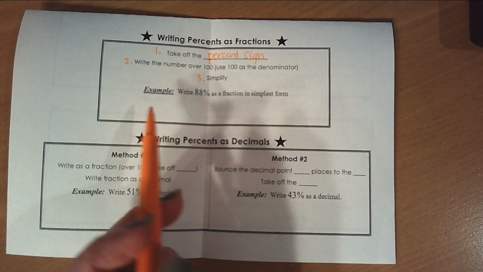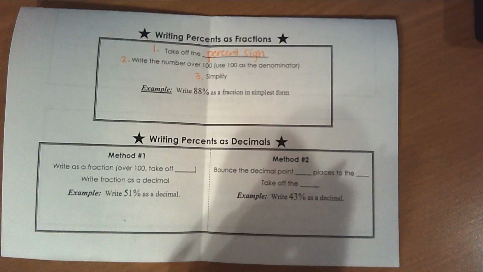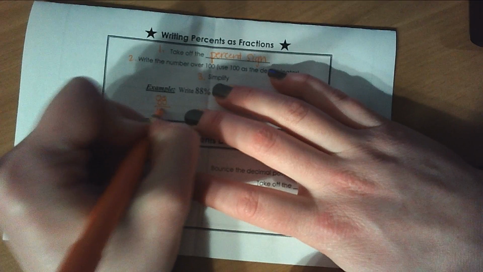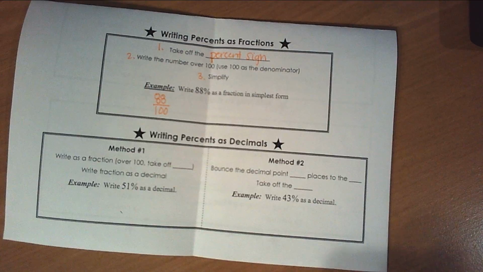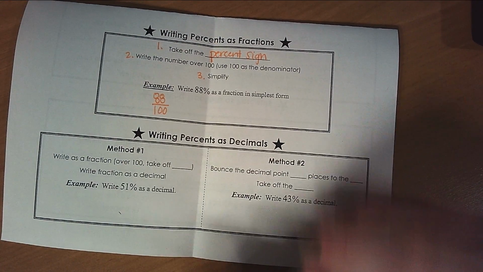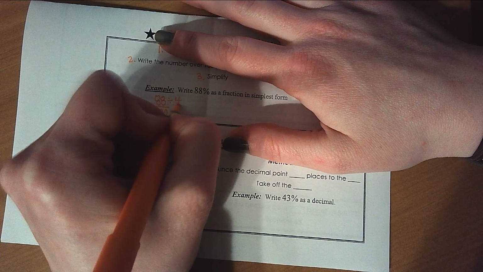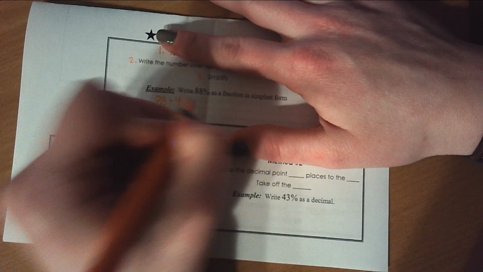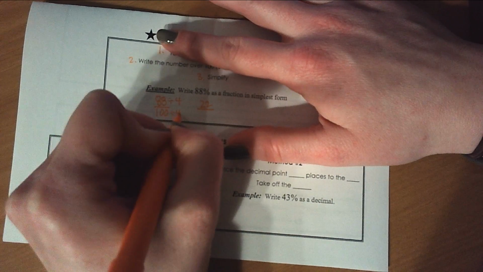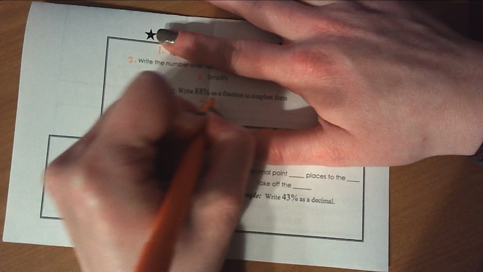So an example here, 88% as a fraction in simplest form is 88. Take off the percent sign and put it over 100 using 100 as my denominator, and then simplify. I know that 4 goes into both of these, so I'm going to divide top and bottom by 4. 88 divided by 4 is 22, and 100 divided by 4 is 25, and so 22 over 25 is my